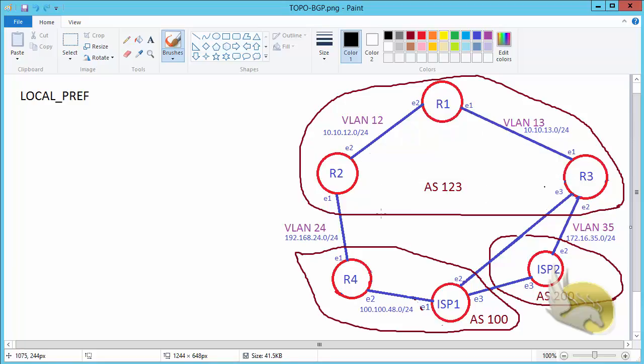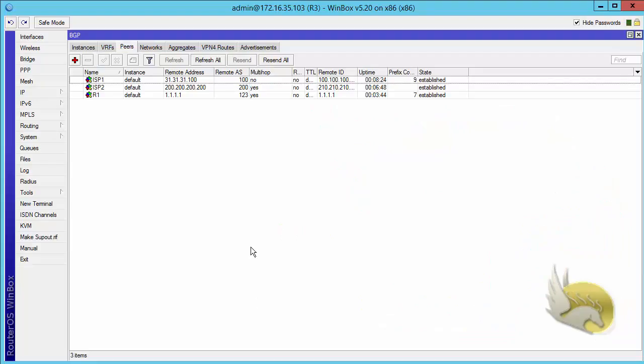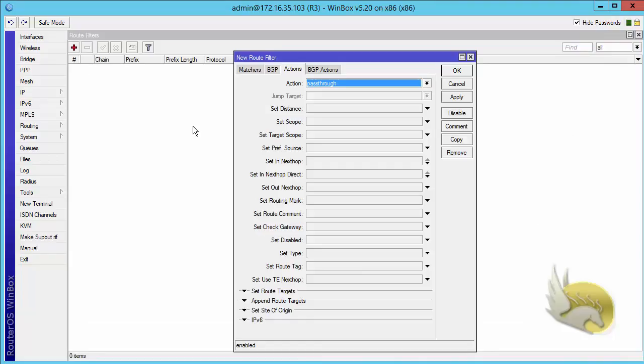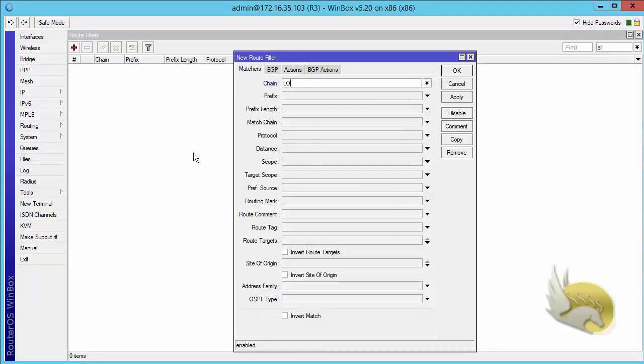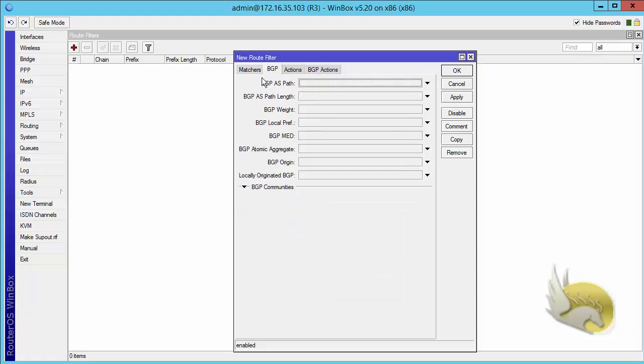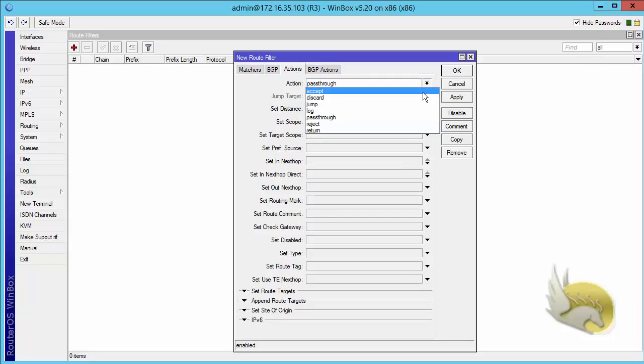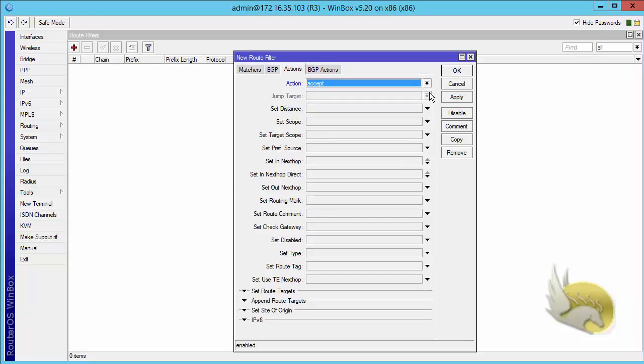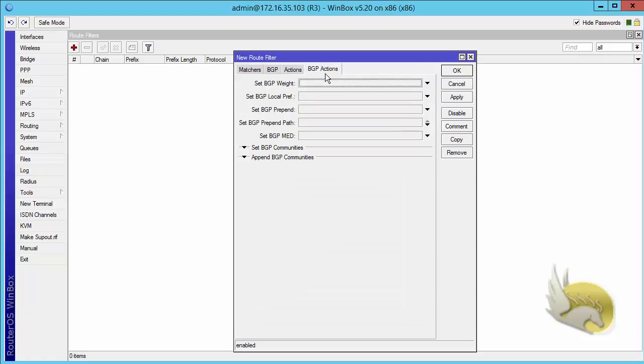So let's do this. How can I do this? I can go to router 3 and do this on that. For example, on router 3, I go to routing filters again and add a filter. I'm going to change its name to local PREF, for example, and I'm not selecting any prefix this way. This is going to be effective on all routes that I receive. I'm not going to select any BGP matchers as well, but what I am going to do is change the action to accept, and of course pass through I guess will do,